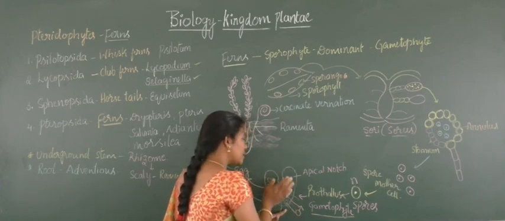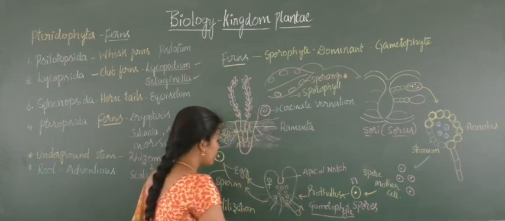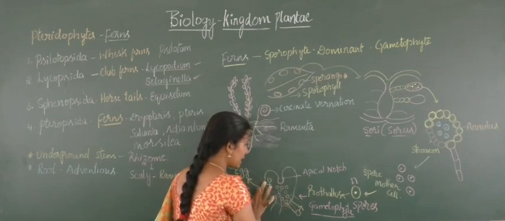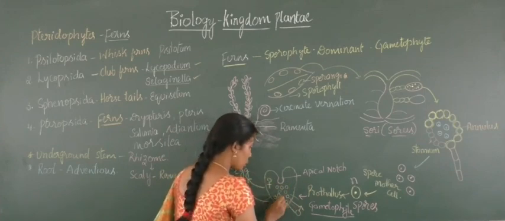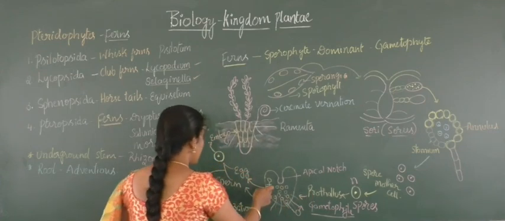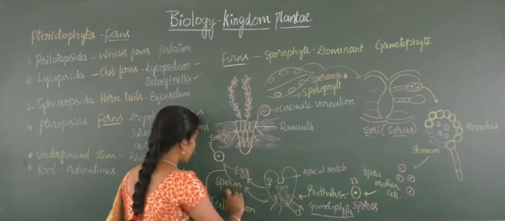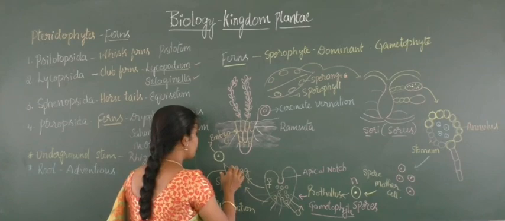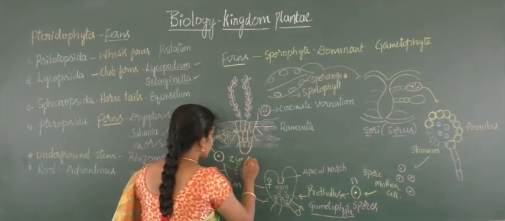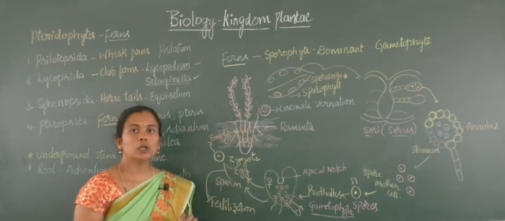The roots and the gametangia-like structures will be present on the ventral side, and the dorsal side is empty. The apical notch region will have the female structures, and the roots along with the male gametes will be present at the posterior end. From the female there will be development of an egg, and from the male, sperms. Due to the fertilization process they fuse together to form a zygote. Then the zygote will develop into an embryo, and later it will come out as a new plant body.